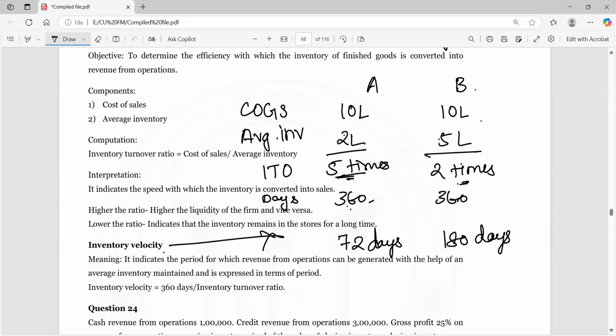But if they want to sell on the 73rd day, existing inventory cannot be used. They have to produce again. Clear? Or in other words, existing inventory can be used for sales for the next 72 days. Existing inventory will be cleared in the next 72 days. For selling on the 73rd day, they have to produce again. Is this point clear? Any doubt? Similarly, for B Limited,